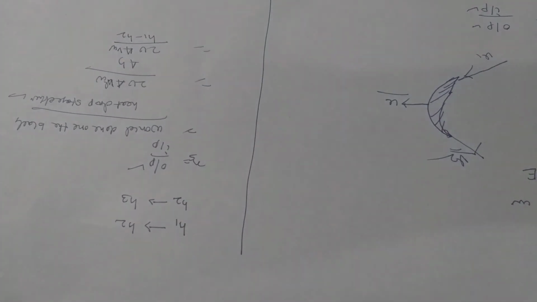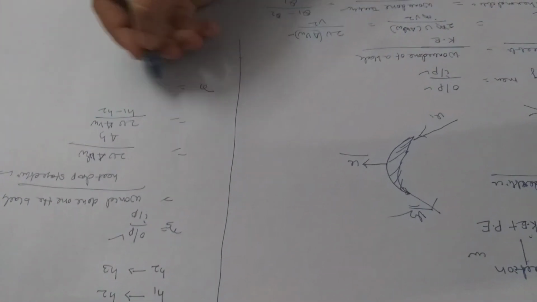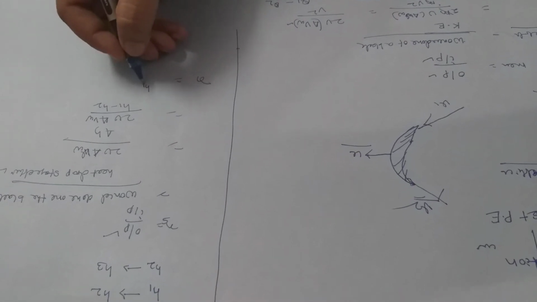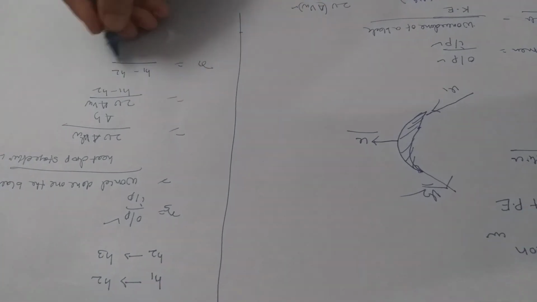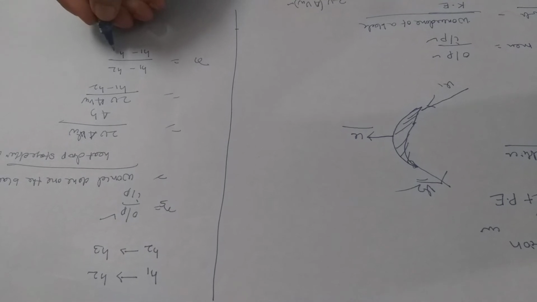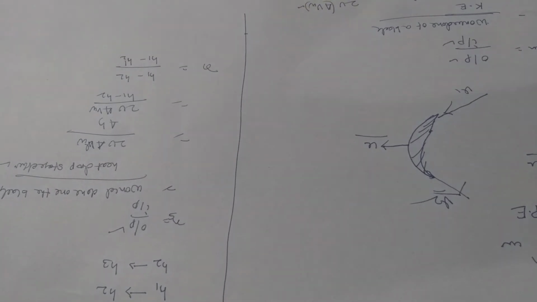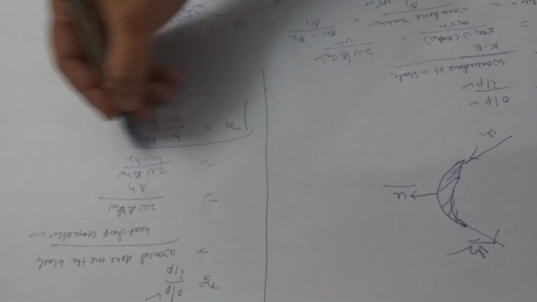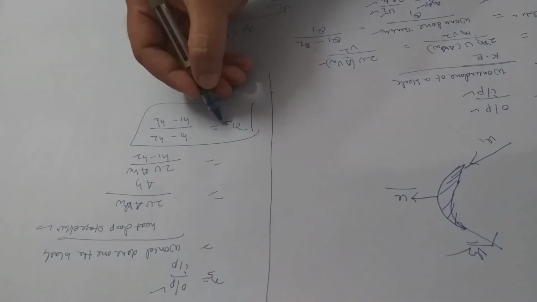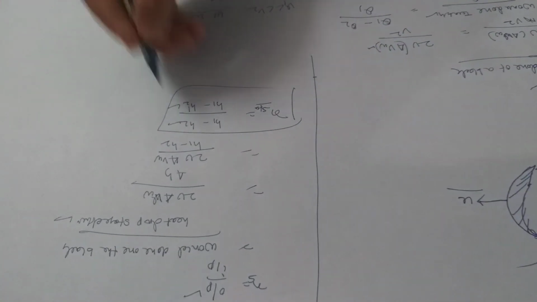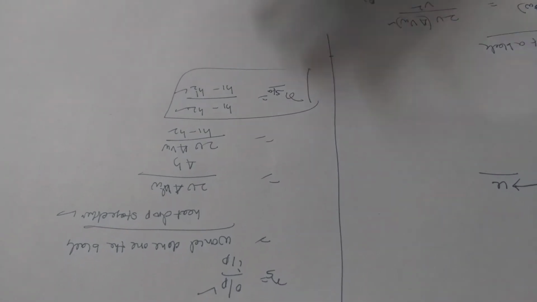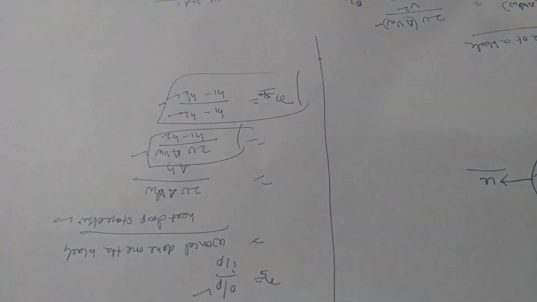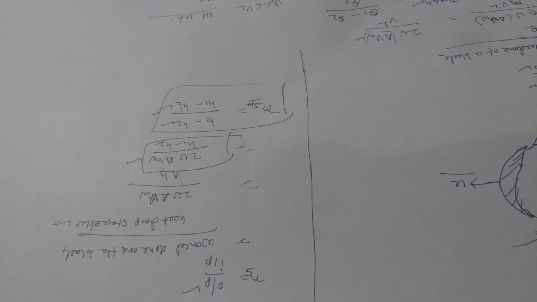If you consider a number of stages, there will be changes. Through this, you have to find the isentropic efficiency. So what is the isentropic efficiency? Similarly, H1 minus H2 is the enthalpy drop, and H1 minus H2 dash is the isentropic enthalpy drop. So you can also find the isentropic efficiency of a turbine as H1 minus H2 by H1 minus H2 dash. This is the formula to find the heat drop through the isentropic efficiency.